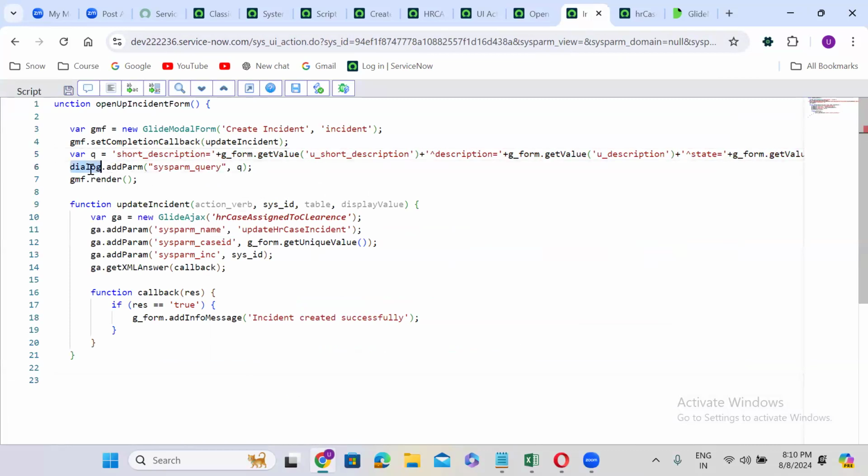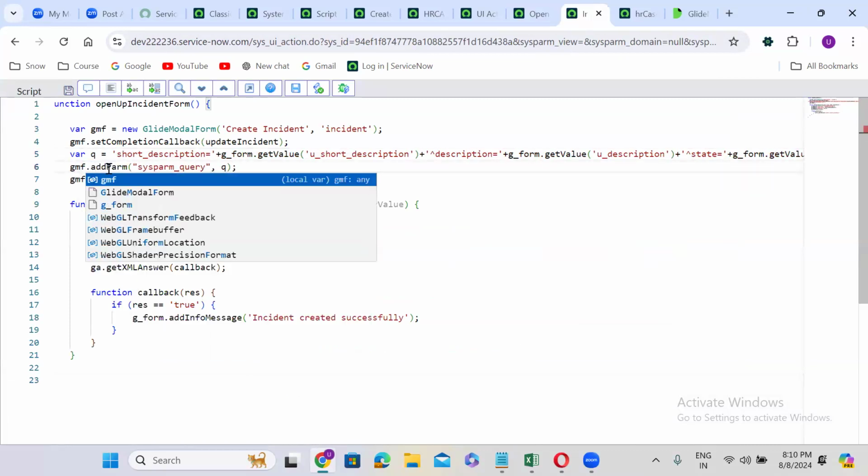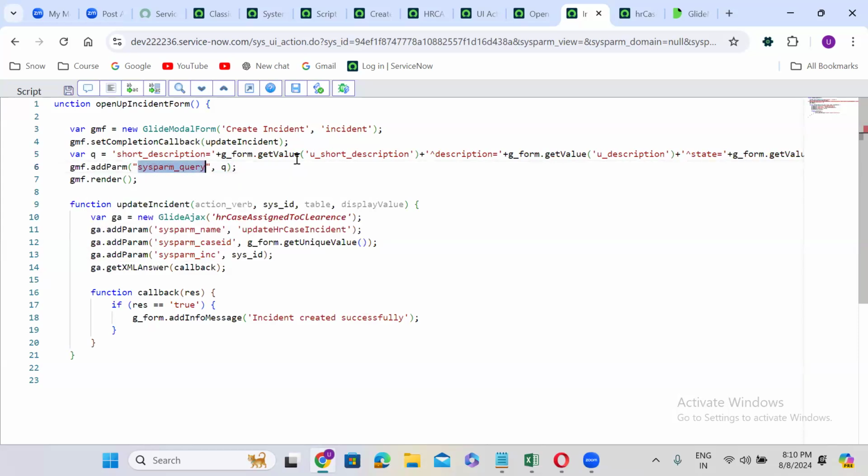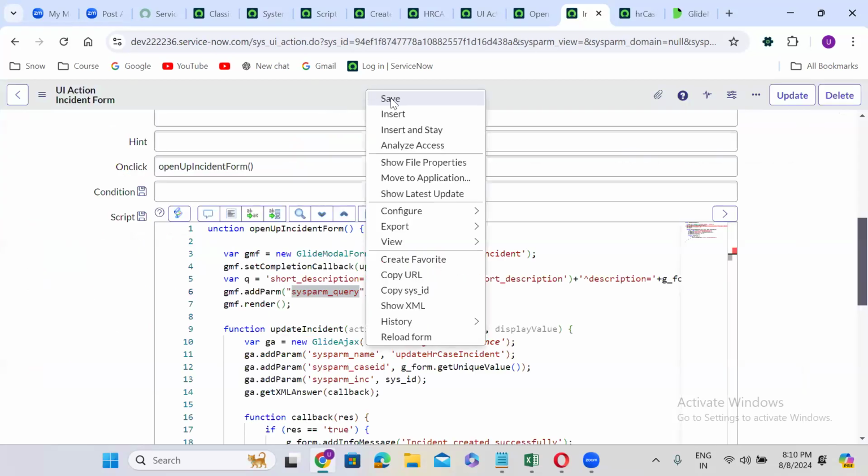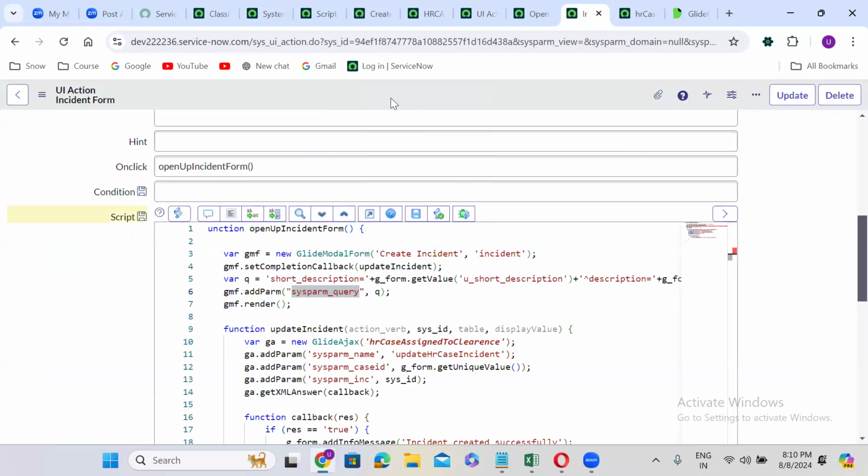Dialog GMF dot add param sysparam query. This line I am actually adding as a sysparam query, so that it should populate the HR case values to